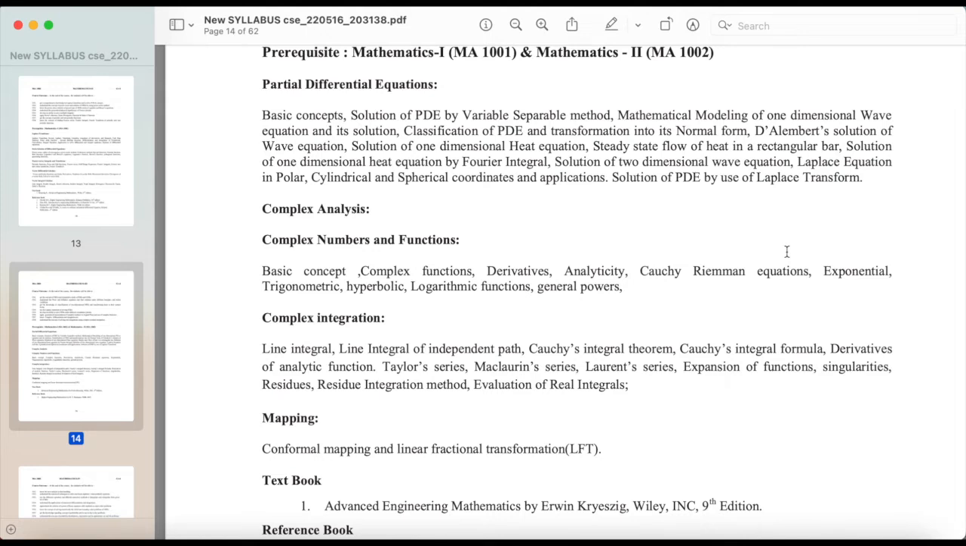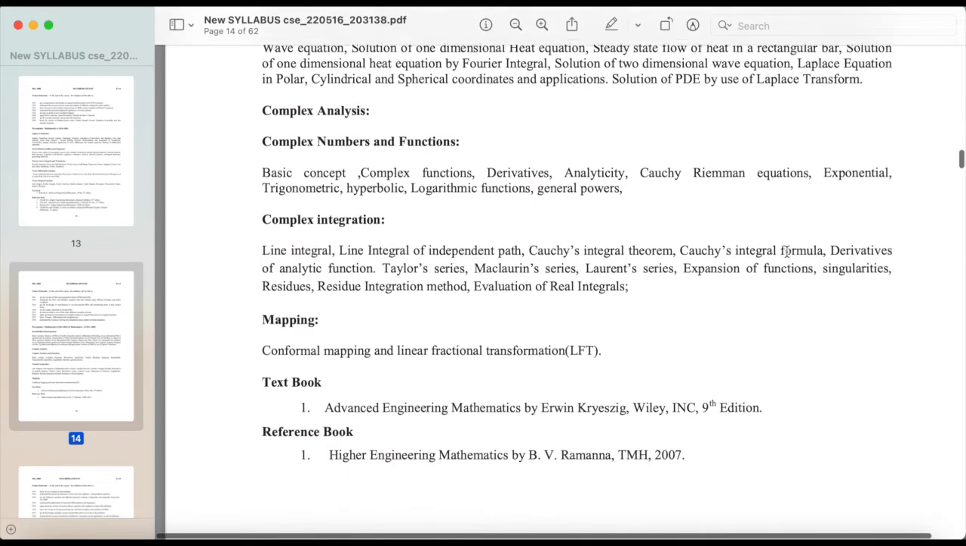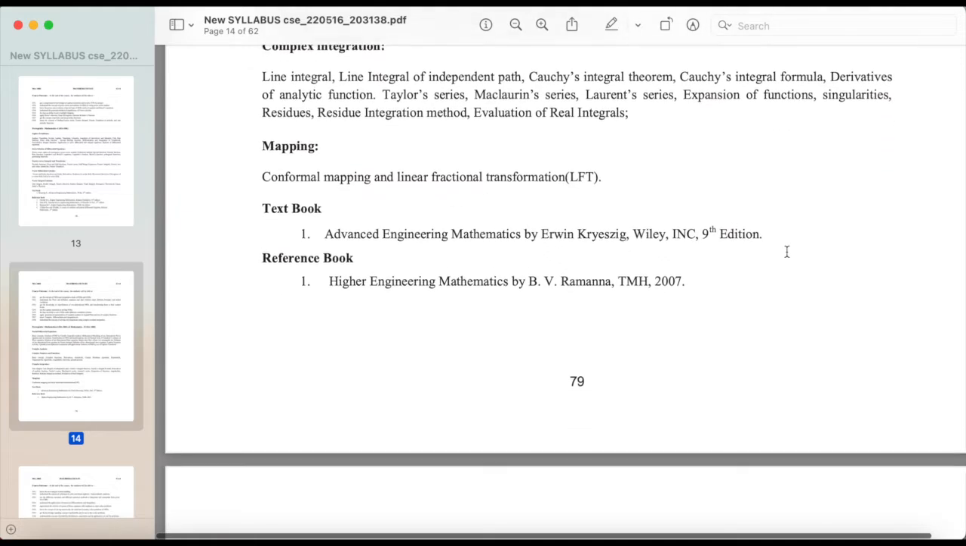Complex numbers and functions, basic concept, complex functions, derivatives, analyticity, Cauchy-Riemann equations, exponential, trigonometric, hyperbolic, logarithmic functions, general powers. Complex integration, line integral independent of path, Cauchy's integral theorem, Cauchy's integral formula, derivatives of analytic function, Taylor series, Maclaurin series, Laurent series, expansion of functions, singularities, residues, residue integration method, evaluation of real integrals, mapping, conformal mapping and linear fractional